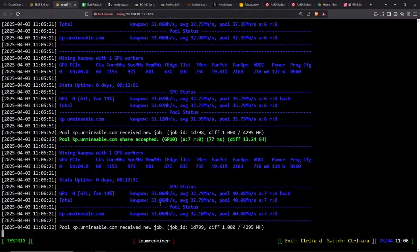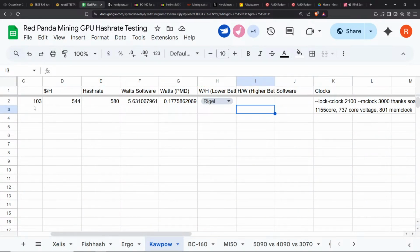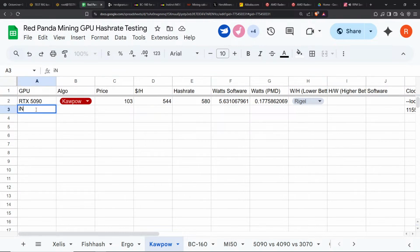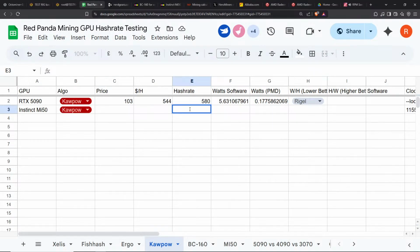Okay, I think that's enough. 33.06 megahash. All right, let's put it in. MI50 Instinct. All right, kapow. Hashrate is 32.58. All right, it dropped. Kapow is like 4 or 16 different algos, I don't even remember. Watts at the PMD we're showing...